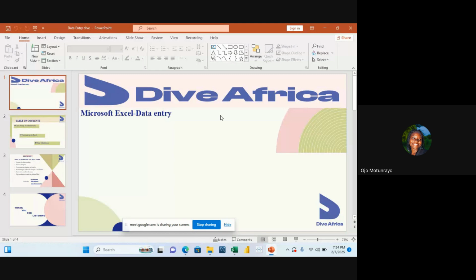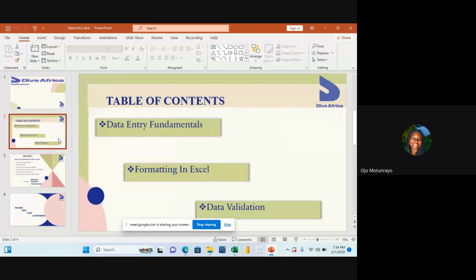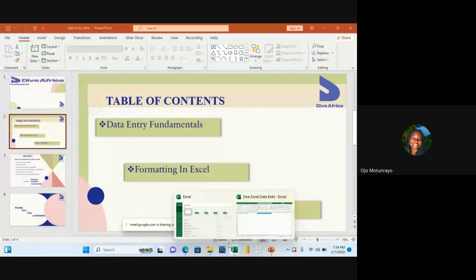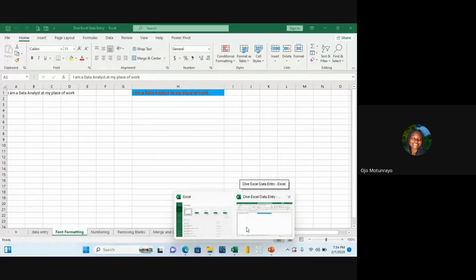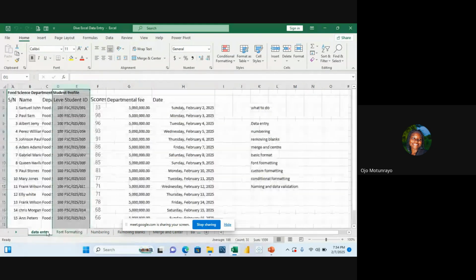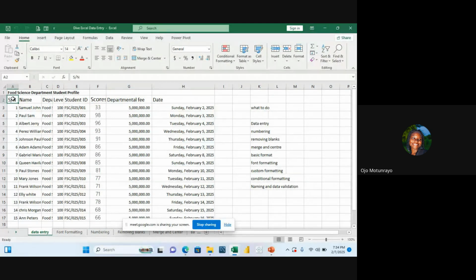Ebenezer opened a slide for us, and this is exactly what we'll be doing. We are to do data entry fundamentals, formatting in Excel, data validation, and all. So we started with data entry fundamentals. I will not be typing it because we did that yesterday, and I'm sure if you go back to your recordings, many of us